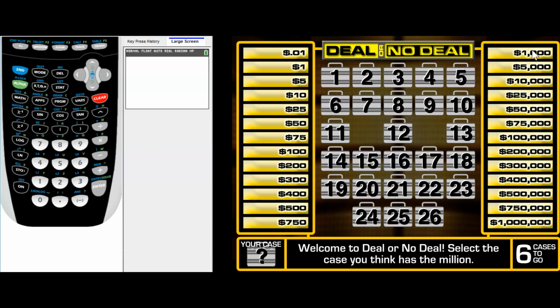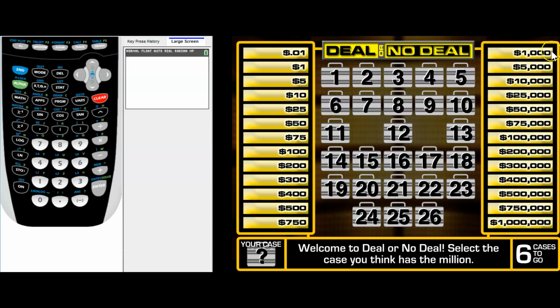So before we get started, you should know that you have just as likely of a chance of choosing a case that's going to be above 875 as you do of choosing the case that's going to have below 875. Now, our median might change throughout, and we'll talk about mean and expected value and how that plays into the decision making later on. But this is a good place to start.